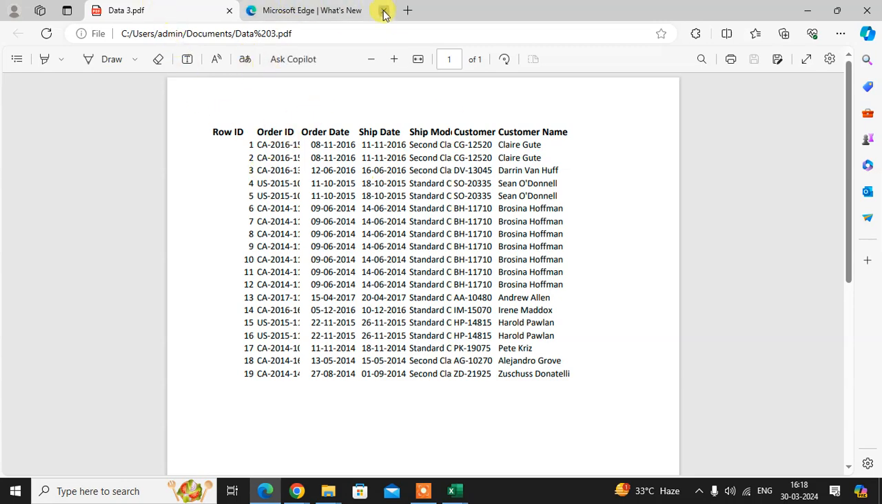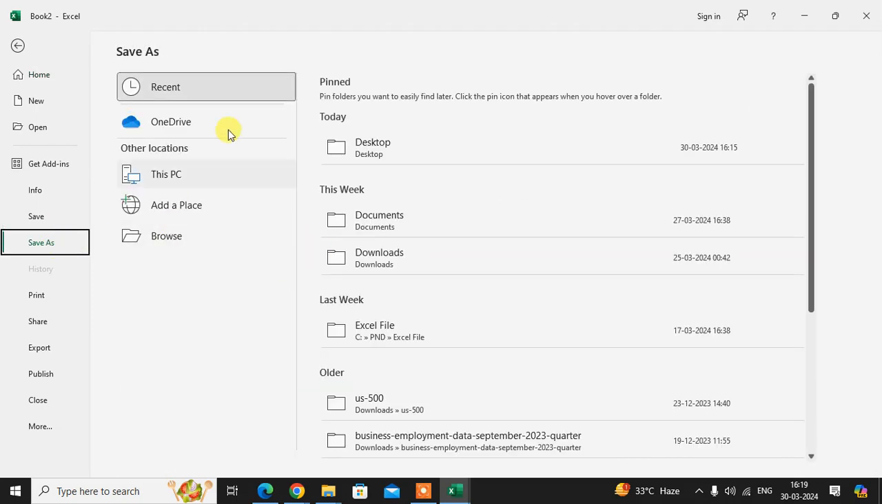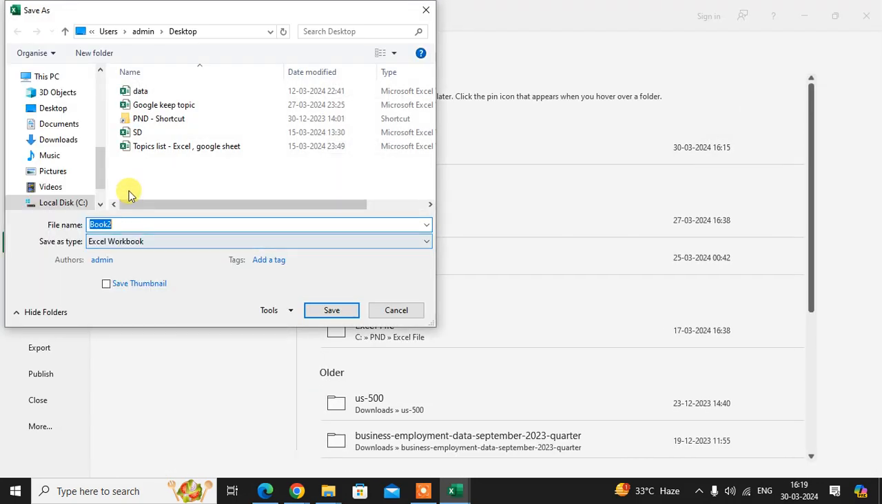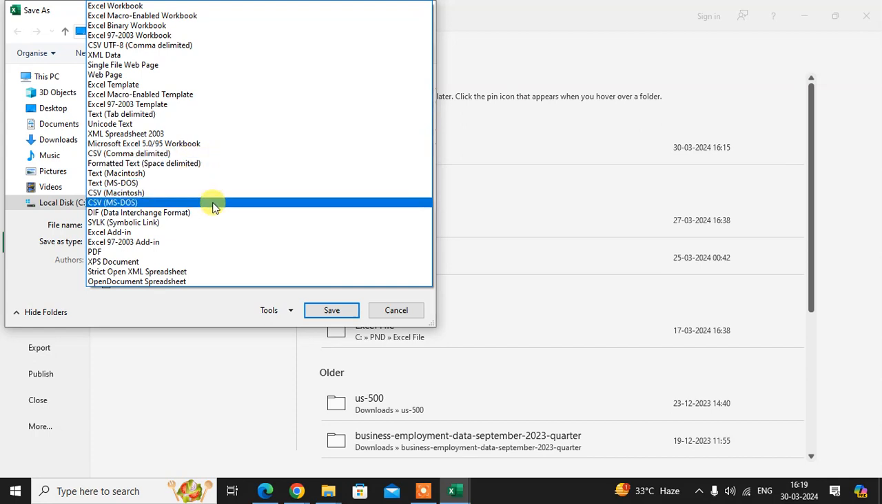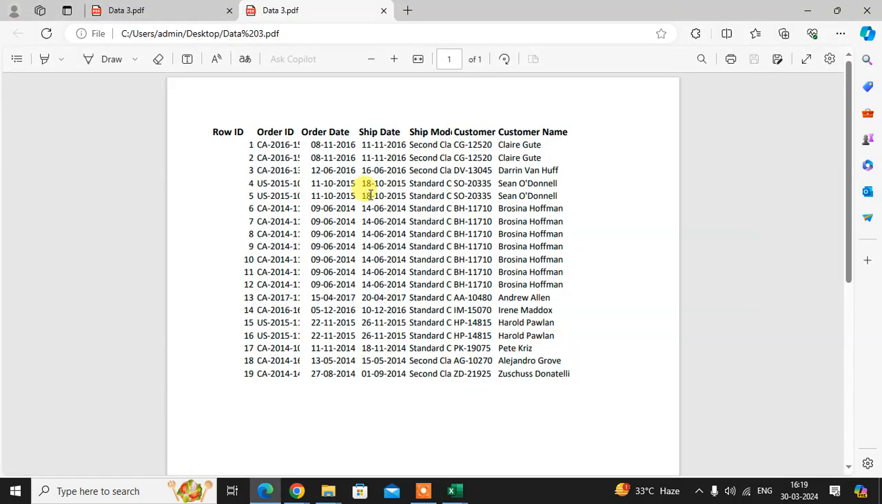Okay, there is a third way. Just click on the file tab, click on the save as, click on the this desktop. Here you can select the types of PDF and click on the data 3. See,